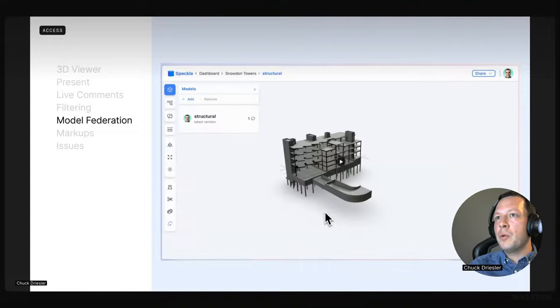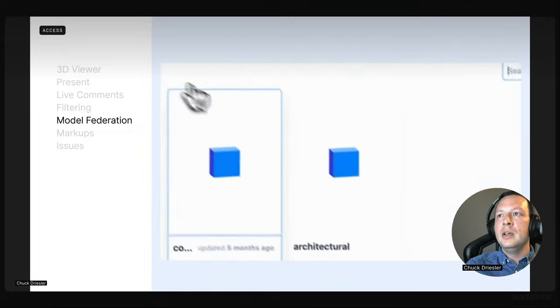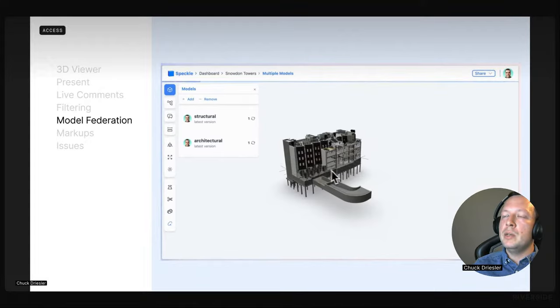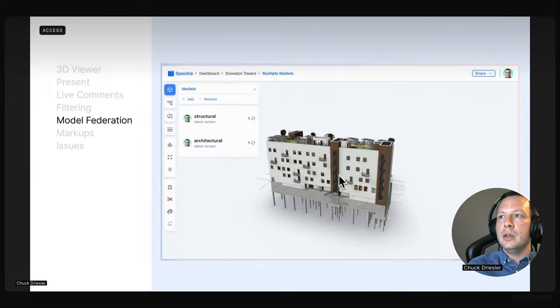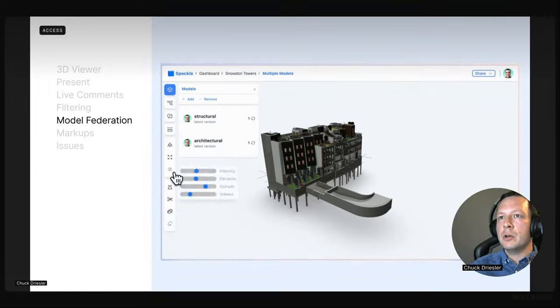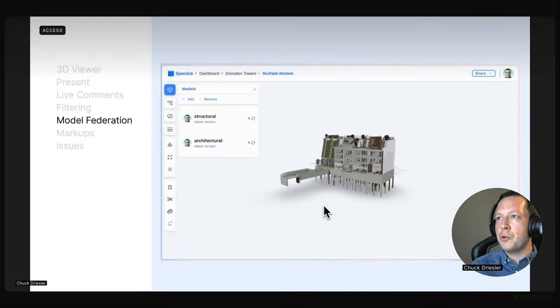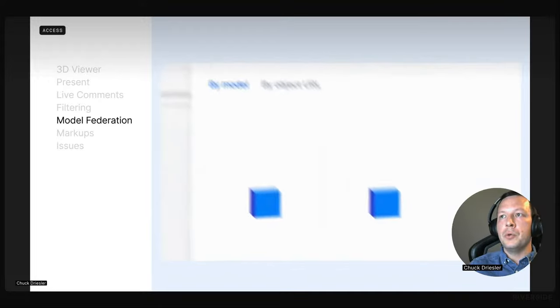This gets really important because one of the approaches that Speckle takes to large amounts of data has always been that we think it's important to be able to federate or pull in models from various sources. A lot of the time that's split by domain. Your architectural models split with your site models and maybe your engineering models. But that's also by source program, right? You can look at a Revit model with a Rhino model in the same viewer with all the same interactions